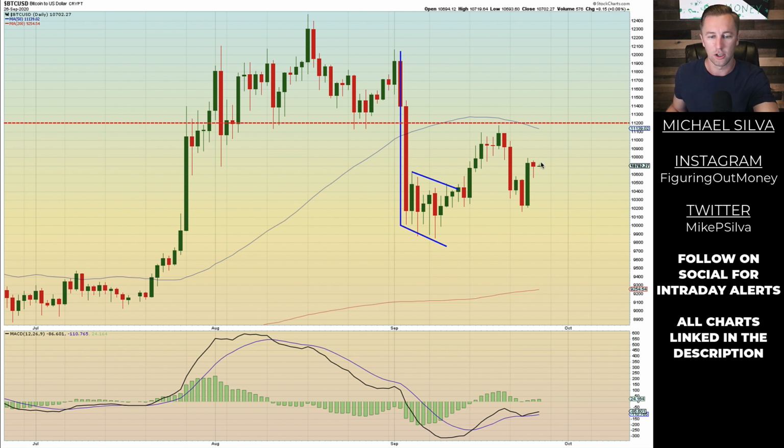But right now, this is not a good risk versus reward trade. It just doesn't make sense. If you enter in right here at 10,702, where would you exit? Would you exit here at 11,000? Would you exit up here? Well, you have this overhead resistance. Why not just wait a little bit longer? Or wait to see maybe if we do pull back down to 10,000 or another next level of support. So right here in the middle of this pullback, it doesn't make much sense to me.